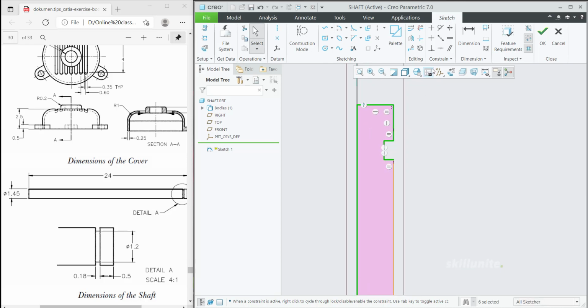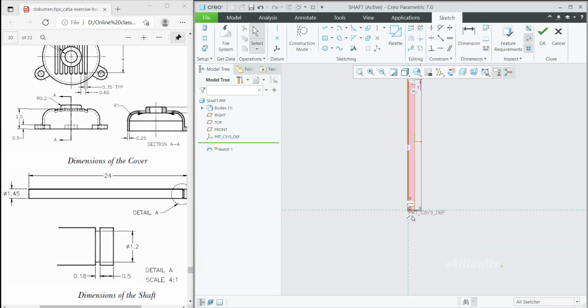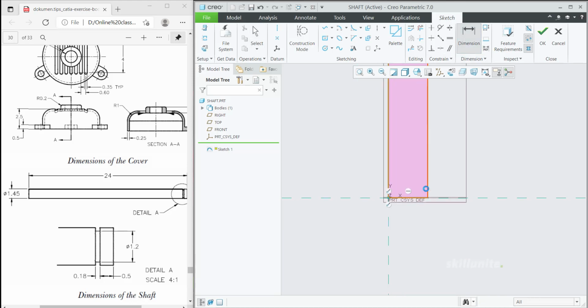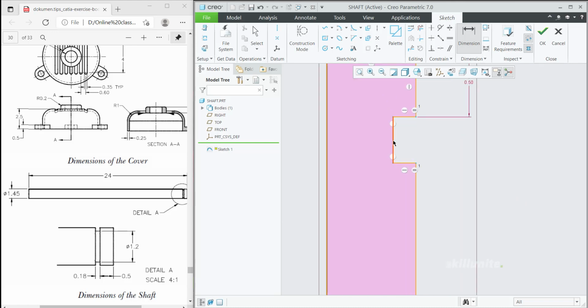So then give the dimension. So first push in this one. This one is at 0.5. So delete this equal constraint because it will change this dimension also. Then this thickness is at 0.18. Okay,